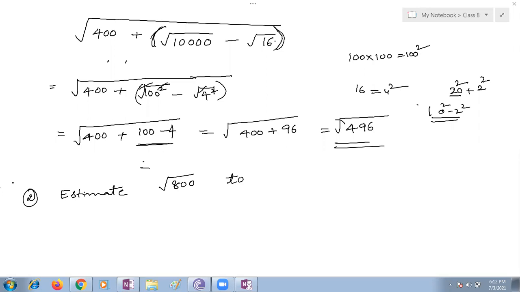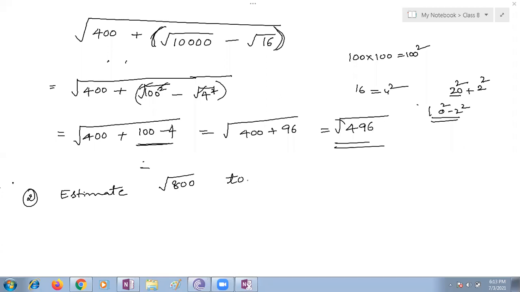Okay. Only the decimal part that is left over, I didn't discuss. I want to see those questions. If I have one bit, I will go with that so that you can do even that part also. The square root of 800 is 2.3 now. When I estimated, I got 2. Yeah, you need to estimate to the nearest whole number. We are not going to find the exact value.